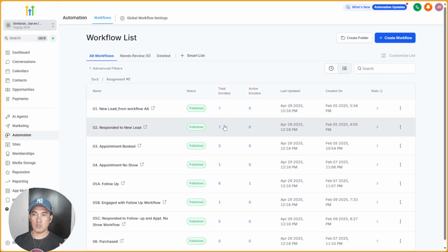So it's like we don't want any lead that entered the workflow from the beginning to be wasted or to slip, right? We want to nurture them and follow them up until they book their appointment or purchase the available packages or until they unsubscribe, right?